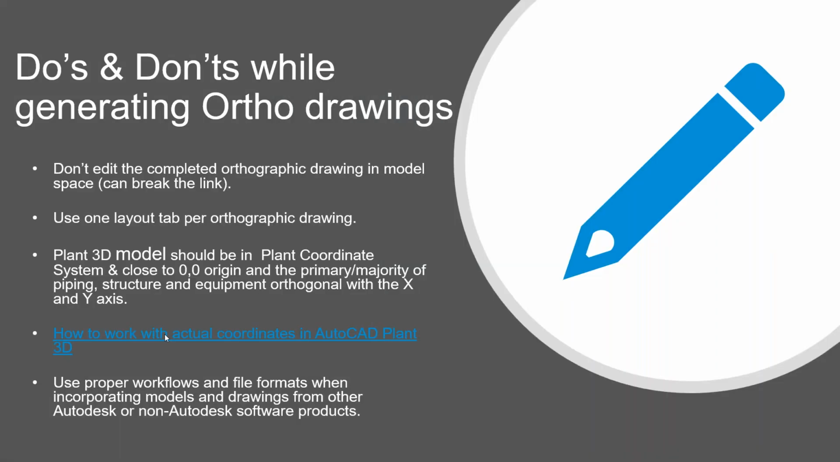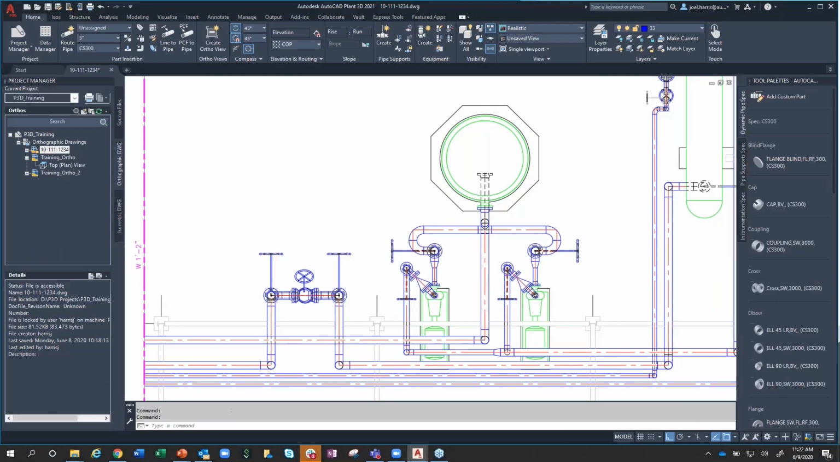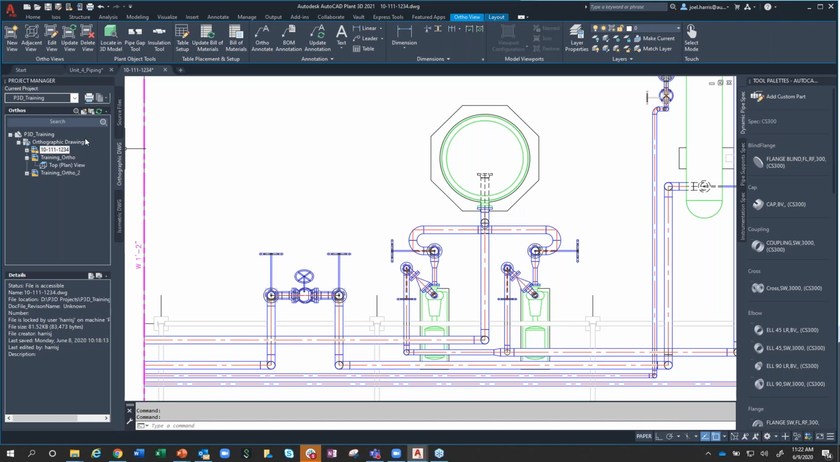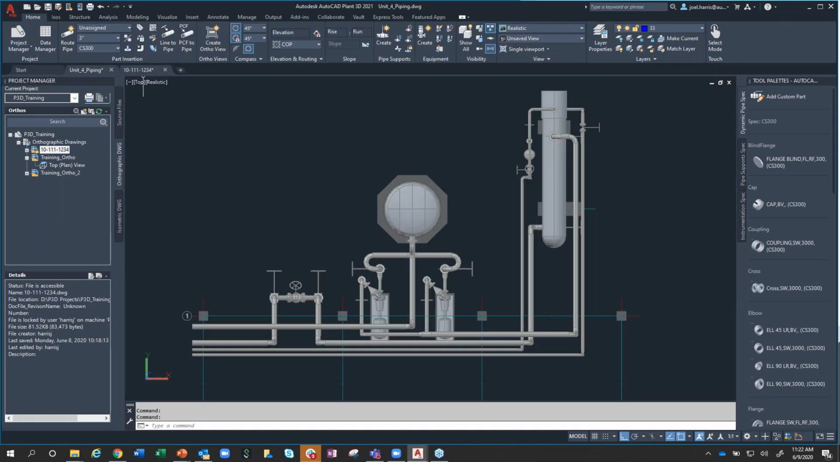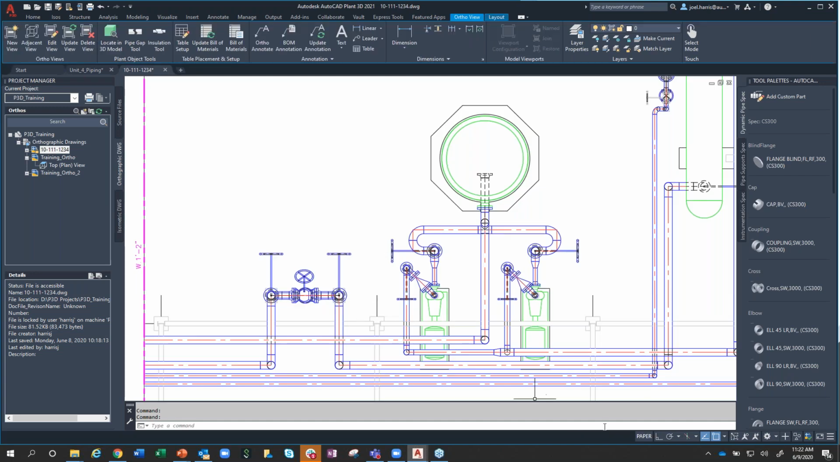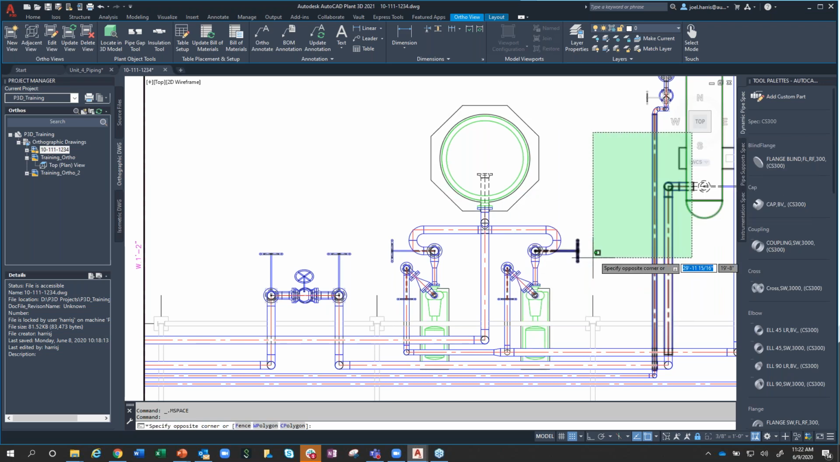Okay, some more do's and don'ts while generating ortho drawings. Don't edit the completed orthographic drawing in model space. This can break your link. So I'm going to pop over and deviate a little bit from our presentation here and get into an actual software drawing. This is a little 3D model here that I have and an ortho view that I created of it. And if I go to model space and look at this thing,